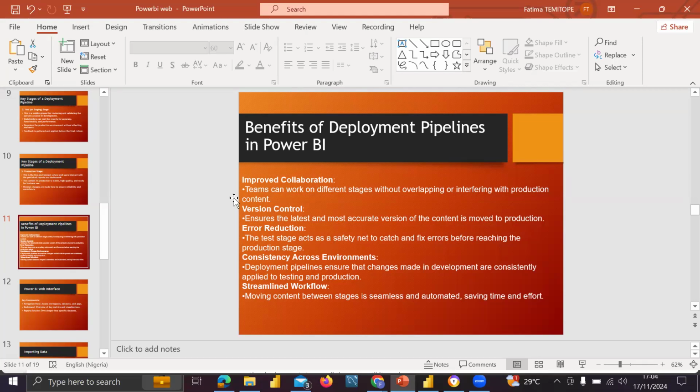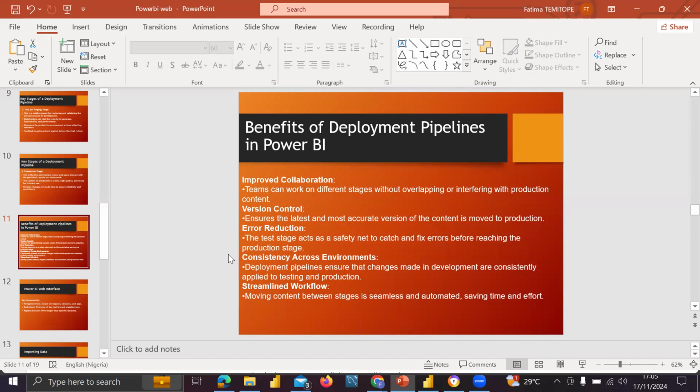So the benefits are improved collaboration, so your team can work on different stages without overlapping or interfering with production content. Version control: you can ensure the latest and most accurate version of the content is moved to production. Then you can reduce errors. The test stage acts as a safety net to catch and fix errors before reaching the production stage.